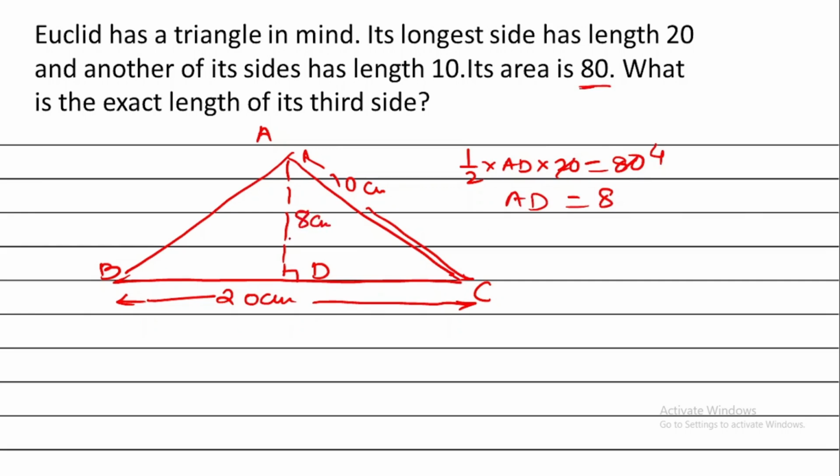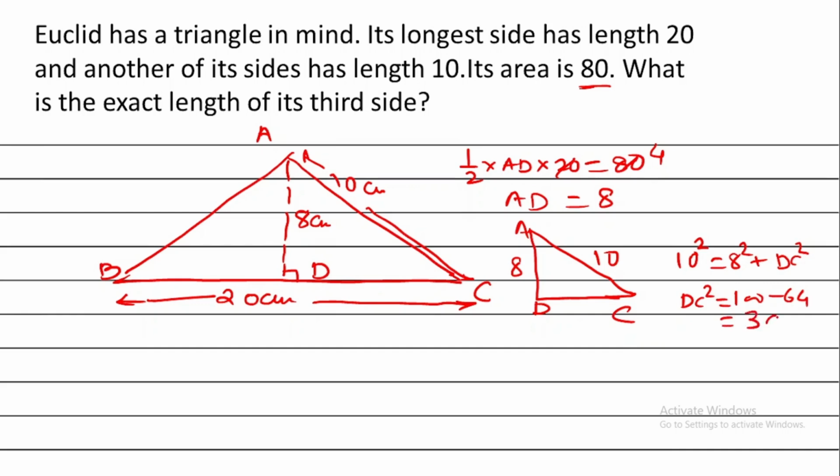The moment AD is 8, we can find out DC from our Pythagoras triplet. So now the case will be I have AD which is 8 centimeter, this is 10 centimeter, and I need to find out DC. So I know 10 squared is nothing but 8 squared plus DC squared from the Pythagoras theorem, and then DC squared will come by solving this, which is 100 minus 64, which comes out to be 36, and DC becomes 6 centimeter. The moment DC becomes 6 centimeter, I have BD as